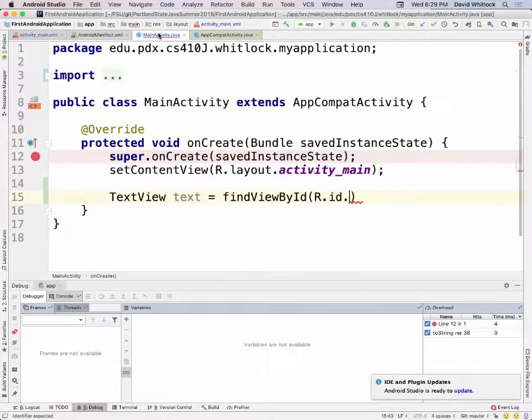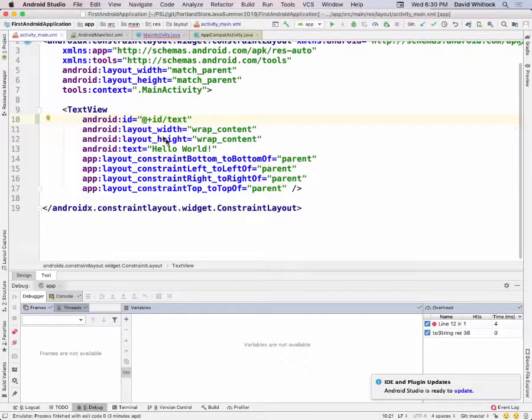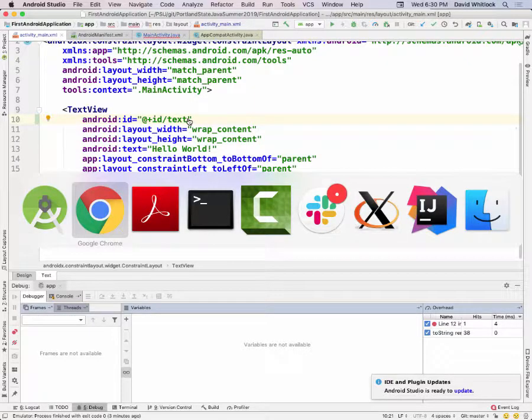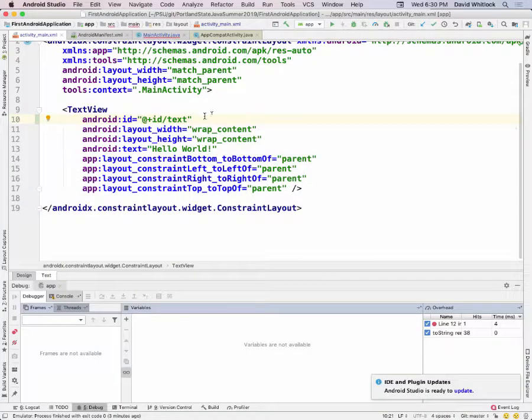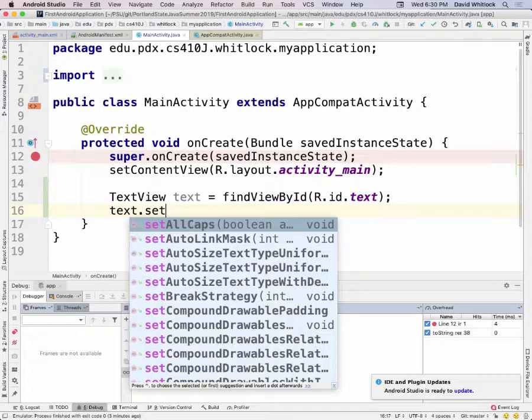And so now I say dot text. What did you add to your text view? Sorry. That's okay. I added this. I gave it an ID, and I'll get to this in a little bit. I gave it an ID property, and I said plus ID slash text. So I'll explain what that means in a little bit. And so then, sorry, I'm going back and forth here. So there. And now I will say text.set text